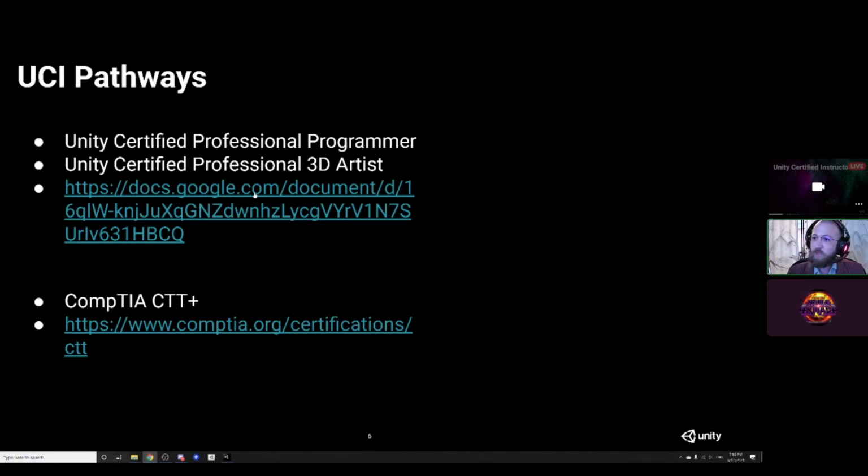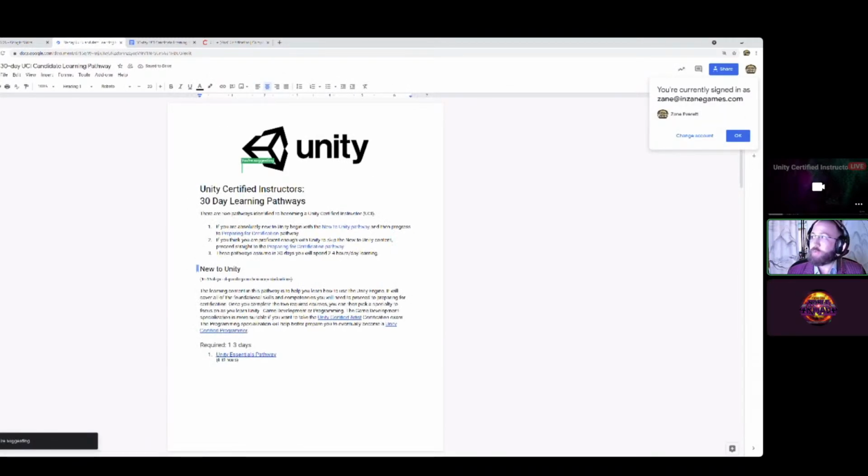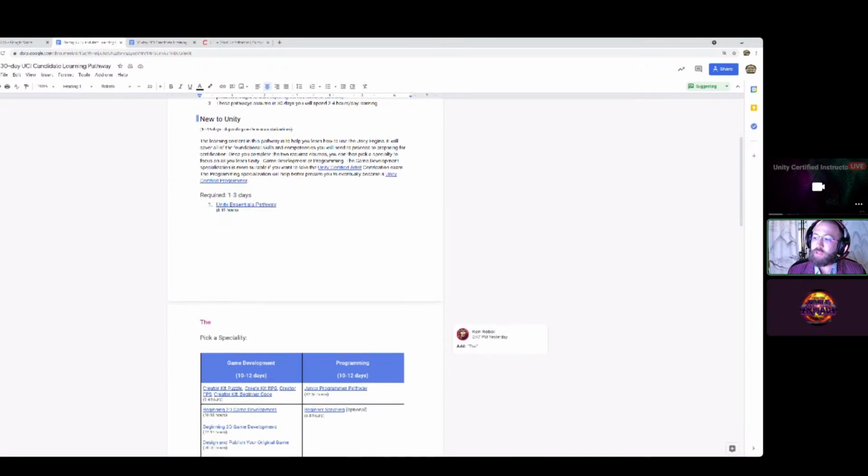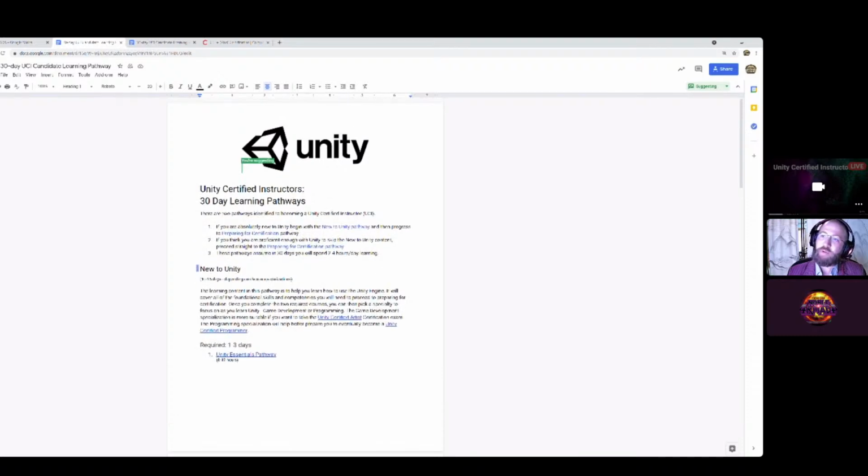So what I have here that can be shared is Unity has actually pretty recently constructed a pathways for people to become a UCI, and it goes through the different steps of what one would need to do to become a UCI.